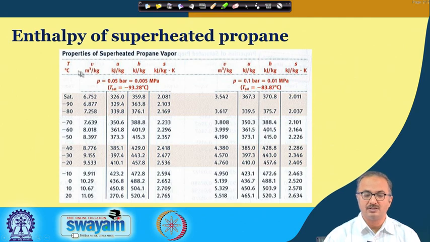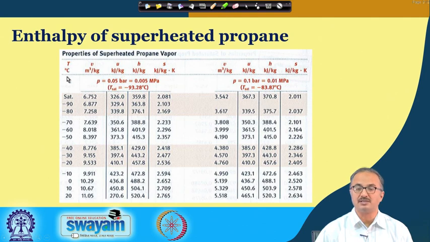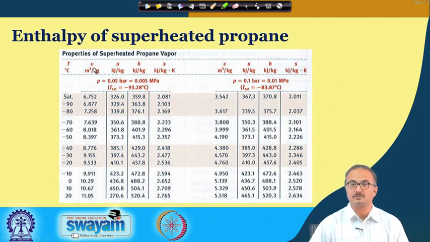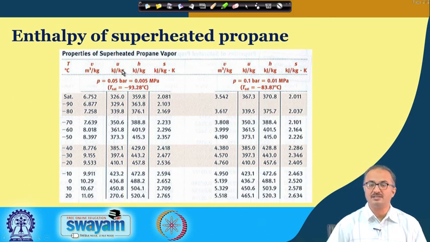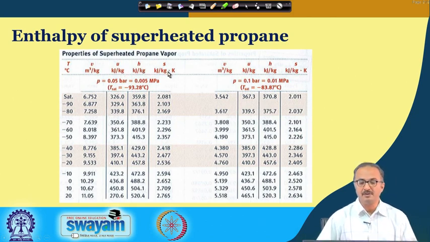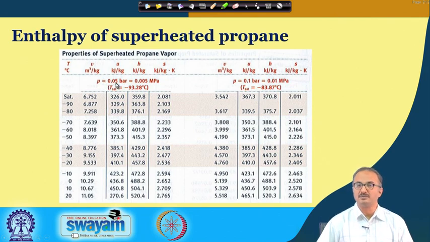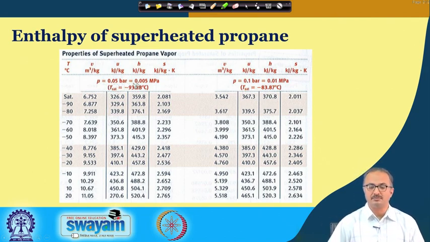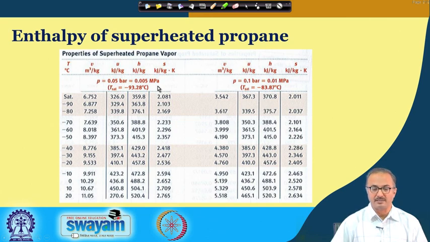So, here you see that the properties are like this, that first column is telling us the temperature in degree centigrade, and then we have the specific volume, that is small v, then we have the internal energy, then the enthalpy, and then the entropy, and all these things are given for some specific pressure. So, pressure is given both in bar as well as in megapascal, and here it is mentioned that at this particular pressure the saturated pressure temperature is this value. This is the boiling point. Now, you can see in this particular table, the first is sat, that means this is T sat corresponding to minus 93.28 degrees centigrade.